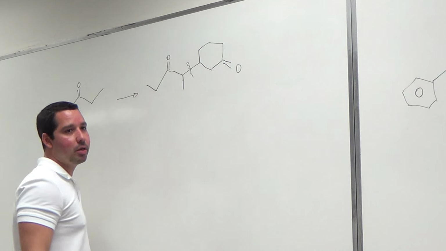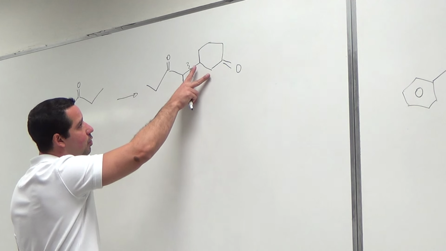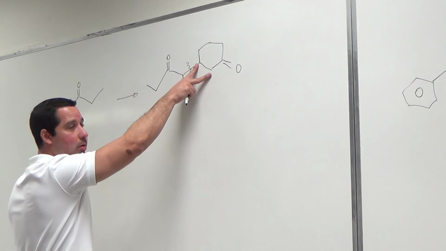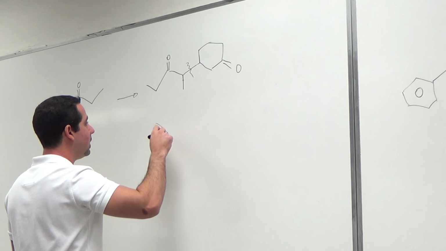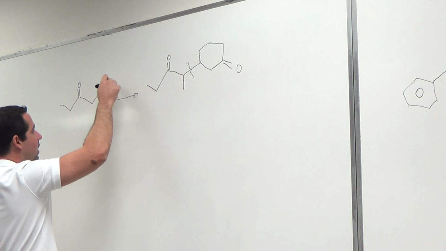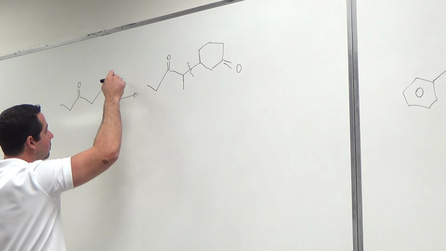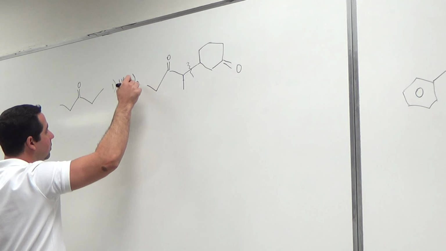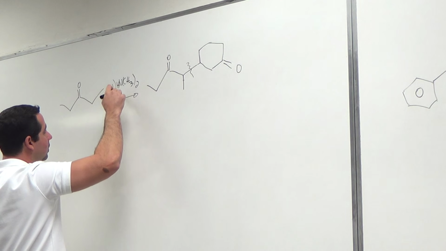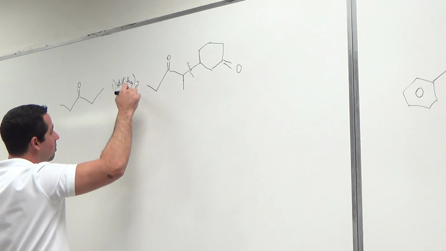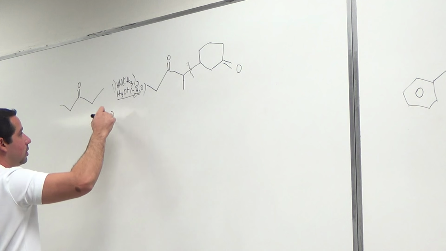Where is the alpha beta unsaturated going to be? Right there, yes, because alpha, beta. That came from, in the first step, the Stork enamine, H3O plus, minus H2O. Second step,